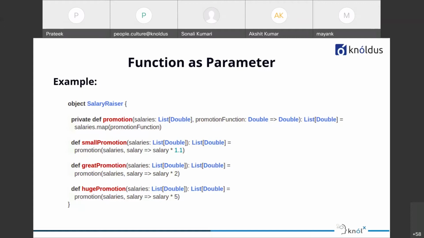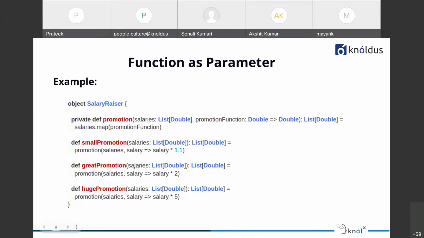So what we are doing is salary and then the body, salary multiplied by 1.1. The first salary is actually the name of the parameter, and salary into 1.1 is actually the implementation of the promotion function.